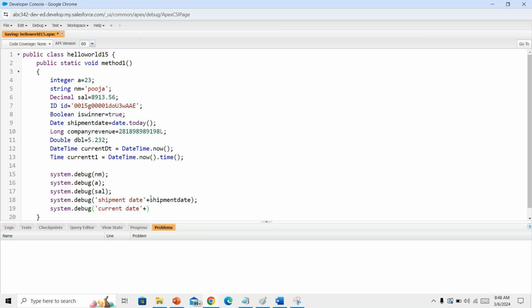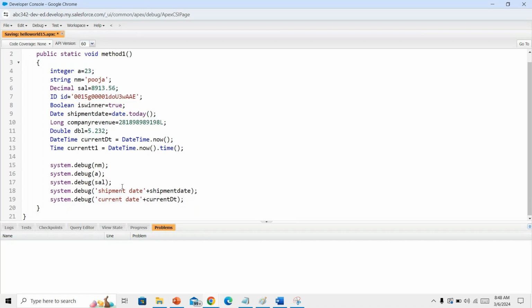Does everyone have Notepad plus plus? Yes, Venkat, we have it. Yes, I have. If you don't have Notepad plus plus, kindly please install Notepad plus plus. Okay,